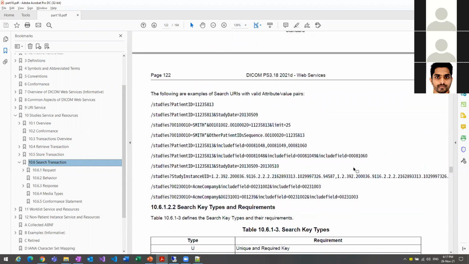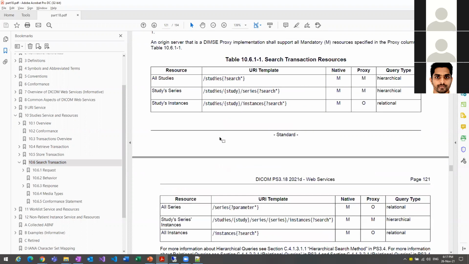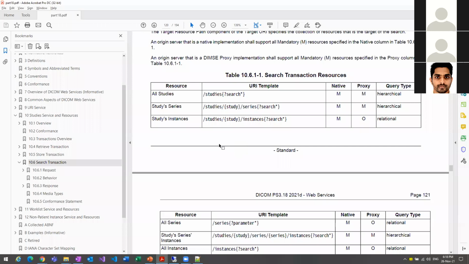What Anand said is the include fields. The include fields basically mean the search transaction will send only specific DICOM tags to us. It won't send all the DICOM tags.